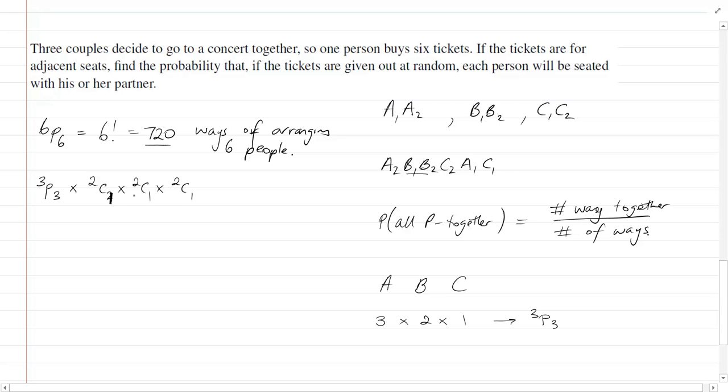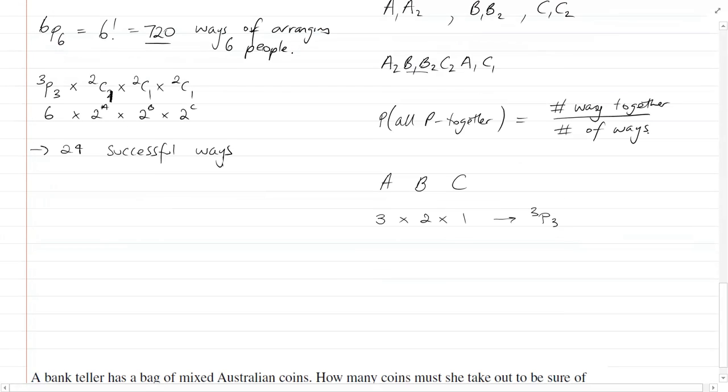Obviously, these are just representing the number of ways of ordering A1 and A2. So this is 2 times 2 times 2. Couple A here, couple B here, and couple C there. And 3P3 is 6. So therefore, there are 24 successful ways. And ultimately, this means that the probability is equal to 24 over 720,